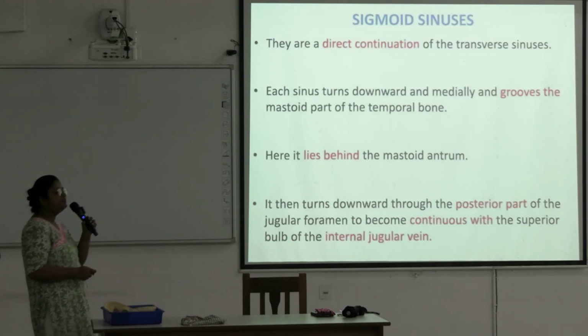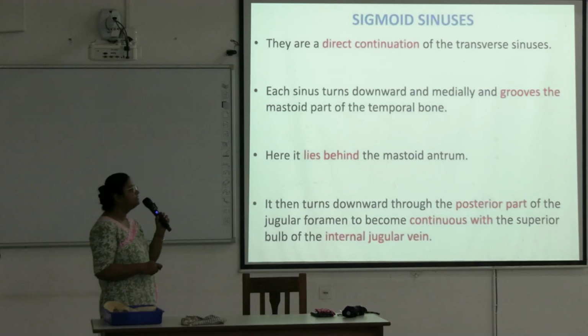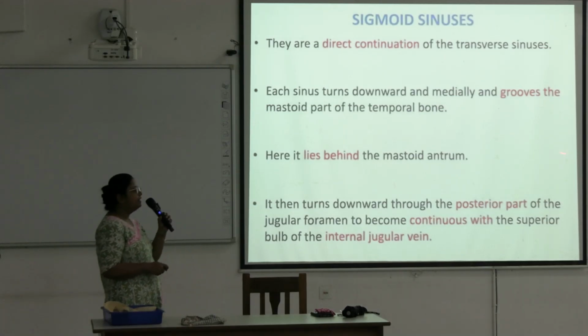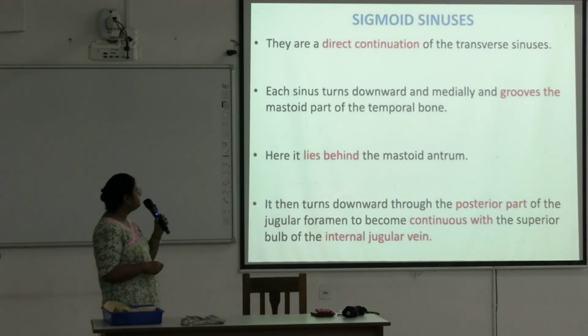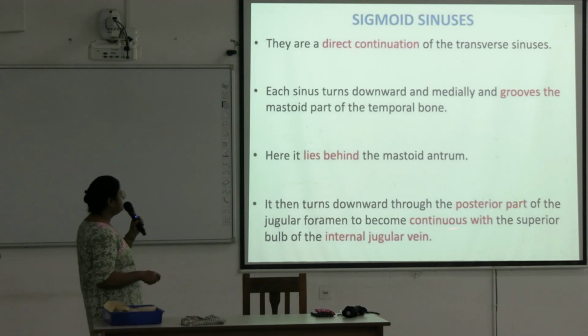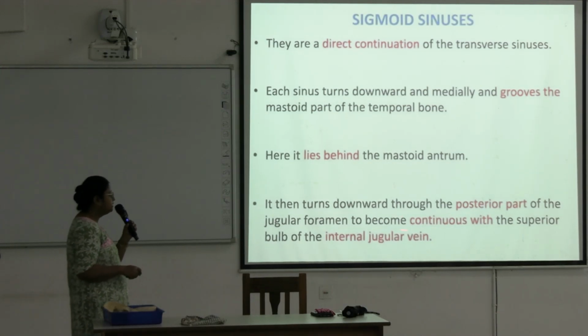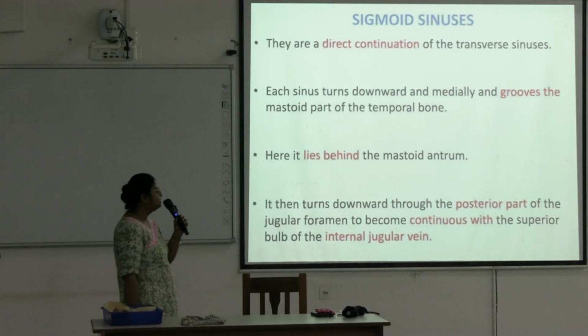we go to sigmoid sinus. They are direct continuation of the transverse sinuses. Each sinus turns downward and medially and grooves the mastoid part of the temporal bone. Here it lies behind the mastoid antrum, and it then turns downward through the posterior part of jugular foramen to become continuous with the superior bulb of internal jugular vein. Okay. Next,